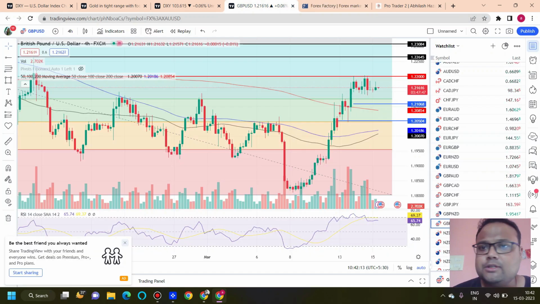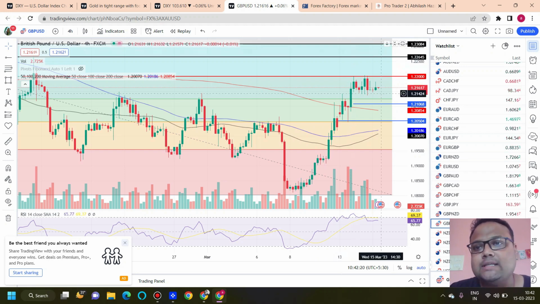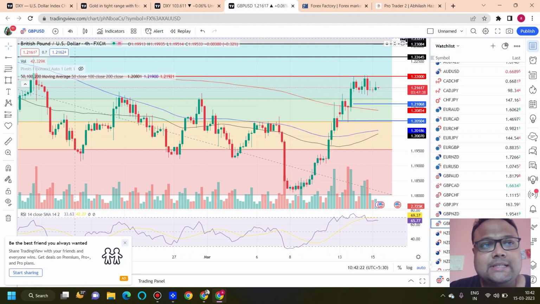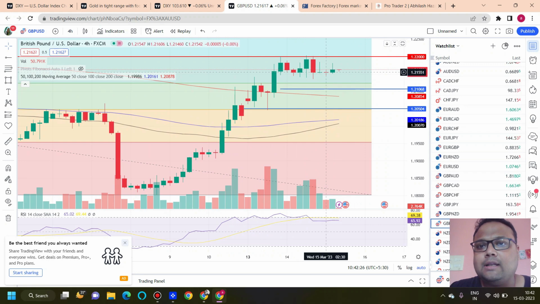So now let's talk about GBPUSD. So GBPUSD right now standing at 1.2161. This is the current market price, and as you can see that I am on the 4 hours time frame. So for the last 16 to 20 hours, so for one day, we do not see much volatility